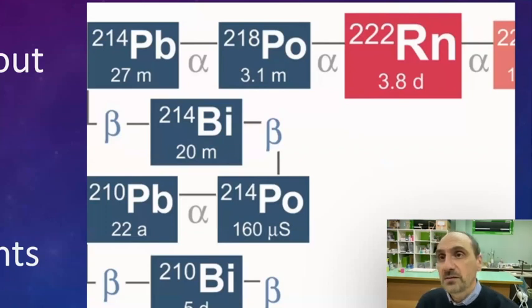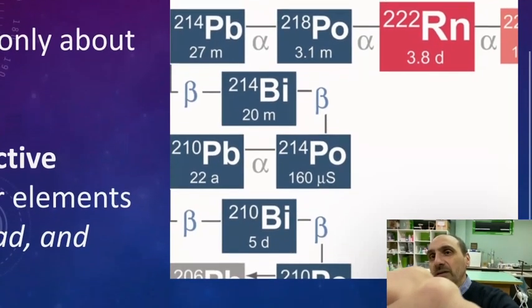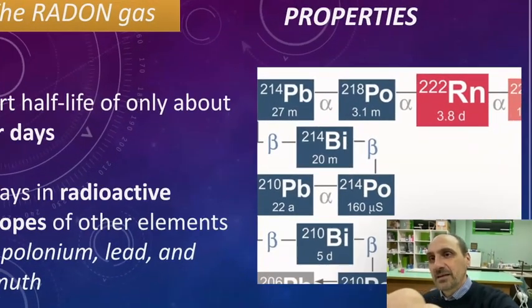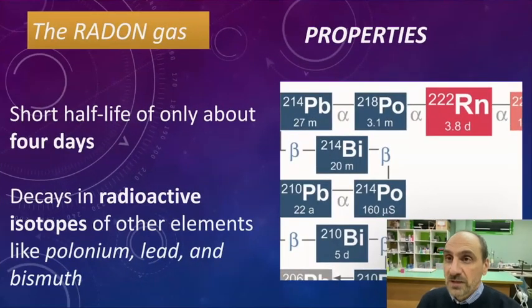You can see that the radon decays in about 4 days, meaning that it's a short time, and in a few days, radon will become polonium, lead, and bismuth through some particle decays, alpha decays, and beta decays. These particles, alpha and beta, are very energetic and interact easily with matter. So it is not the radon gas dangerous in itself, but the products of the decays